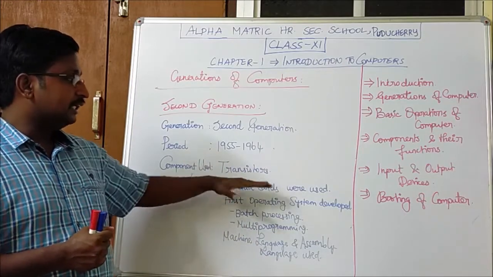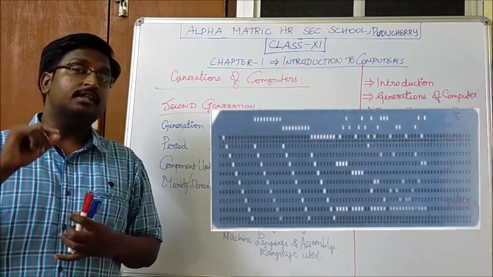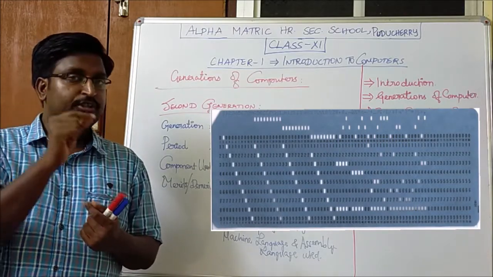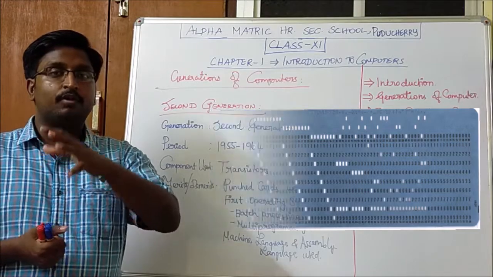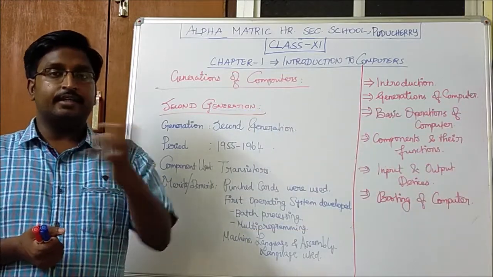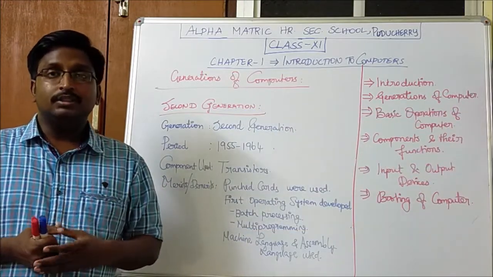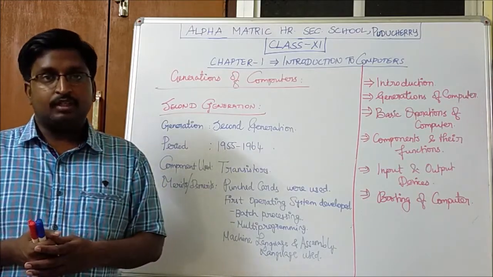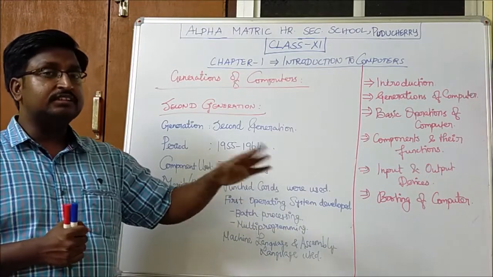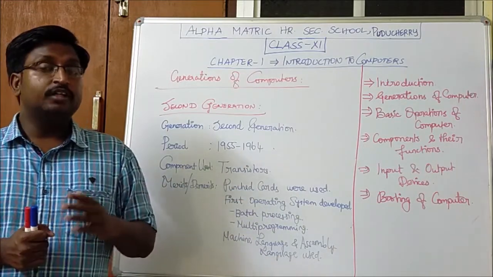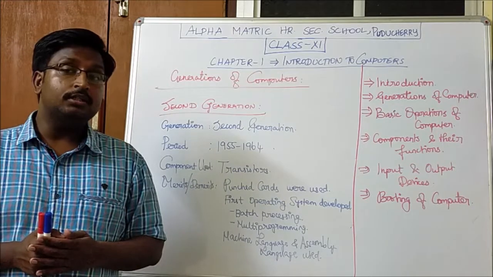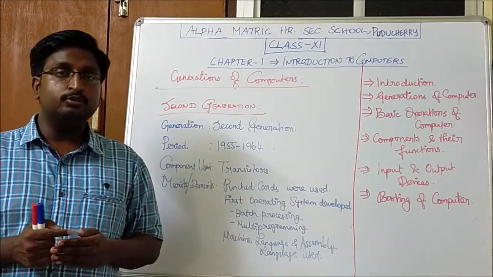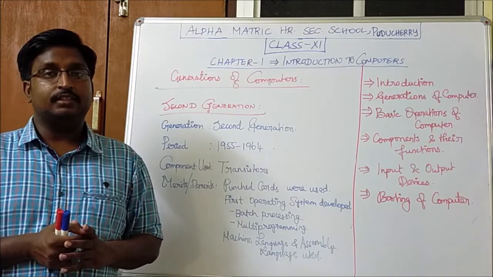So first, the punched cards were used. A punched card is nothing but a thick card where the impression will be there. The data are stored in the impression. The data are read with the help of the reader, and the data are retrieved. The real-time example is the Braille book, where blind people read the text. Next, the first operating system was developed. The first operating system helps the computer to initiate the process. It helps to start the computer, we can say it like that.